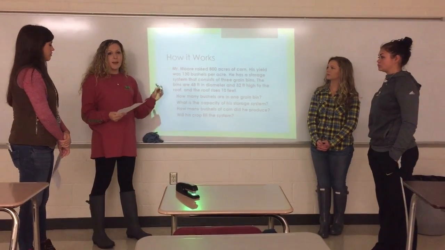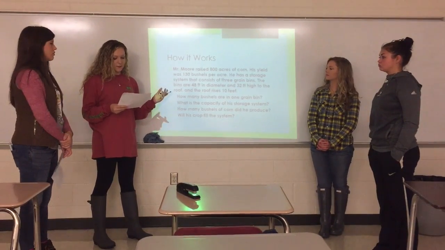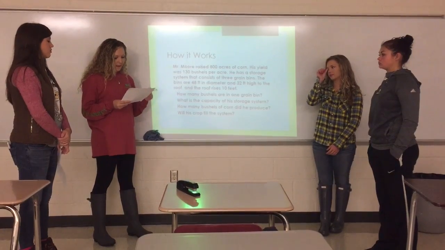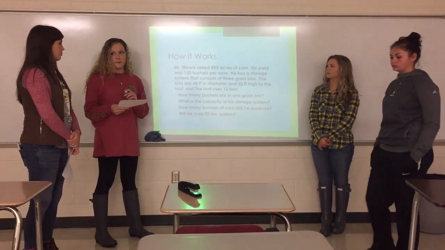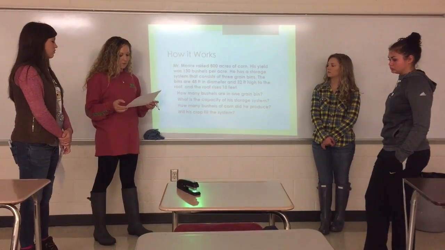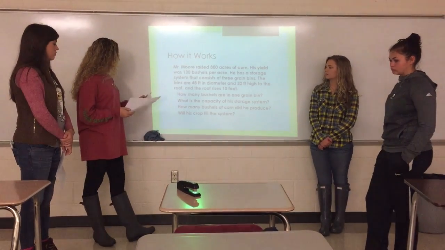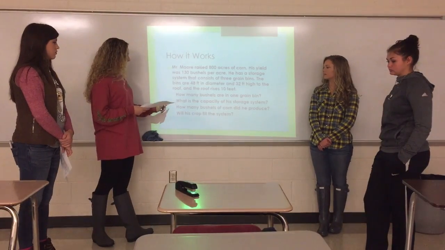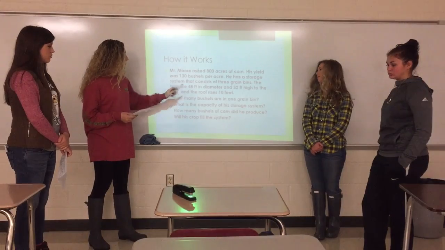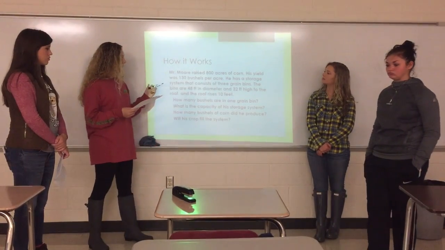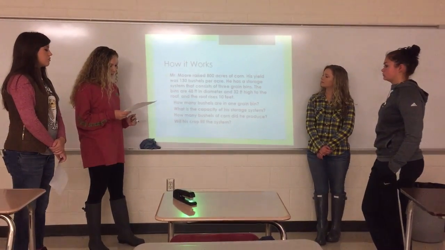Then you have to change that number to bushels because it's in feet cubed and you need bushels. To do that, 1.25 feet cubed equals 1 bushel, and that gives you 51,000 bushels per bin. The second question is, what is the capacity of his storage system? To get that, you just multiply by his 3 grain bins what you got for the first question, which is 51,000, and that gives you